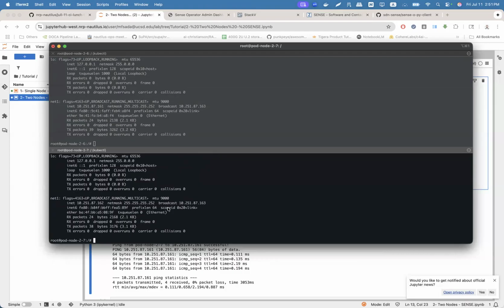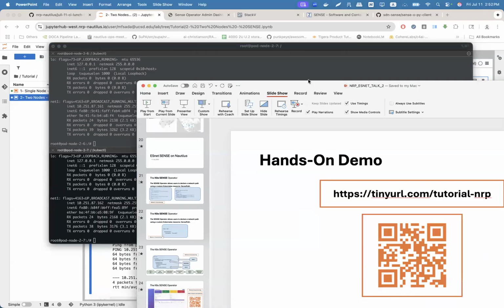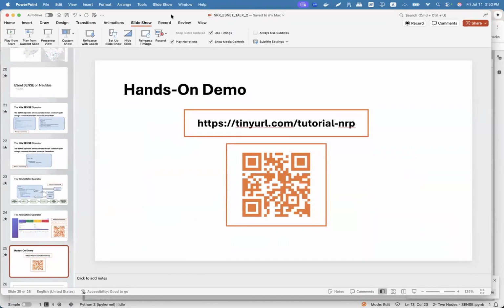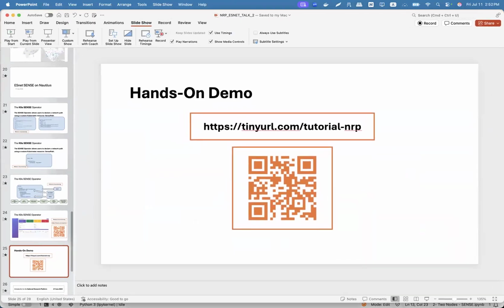And this is one brief example. Pinging is a very simple example, of course, just to demonstrate connectivity. But this is just a stepping stone because this is to establish connectivity. Once you have the connectivity, there are various interesting use cases, especially when there's heavy amounts of data movement, and use cases that involve smart NICs and smart components to networks and programmable networks, and use cases with the GPUs and AI workloads as well, where you can have explicit control over the paths taken and how the data is traversed.